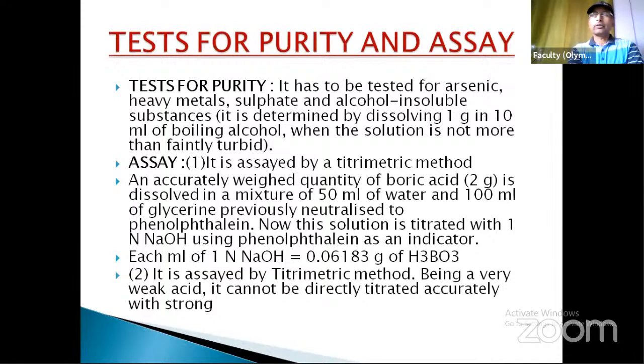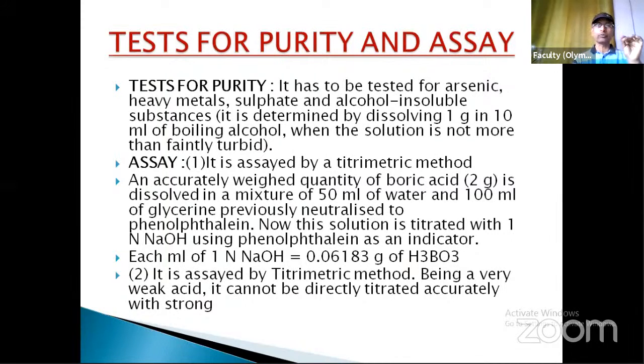Now this solution you titrate with 1 normal sodium hydroxide by burette. So this titration is easy, and from the consumption of 1 normal NaOH to go to the end point, what is the consumption of NaOH needed to reach the end point, from that we will get the amount of boric acid. The equation is that 1 milliliter of 1 normal NaOH is equal to